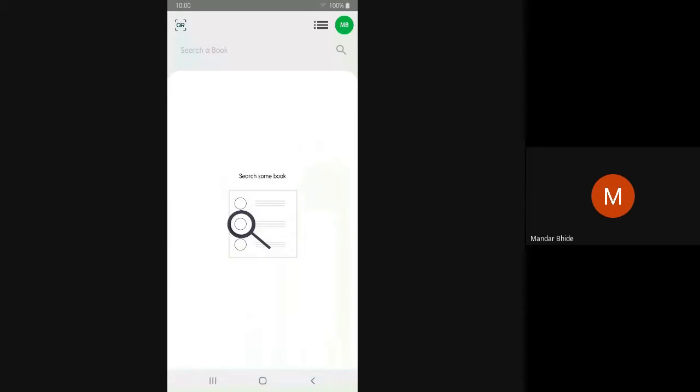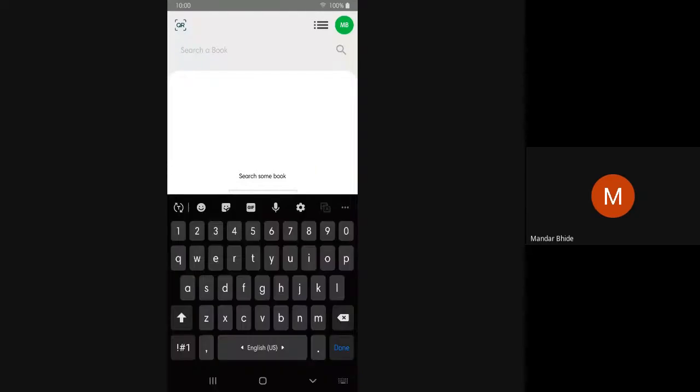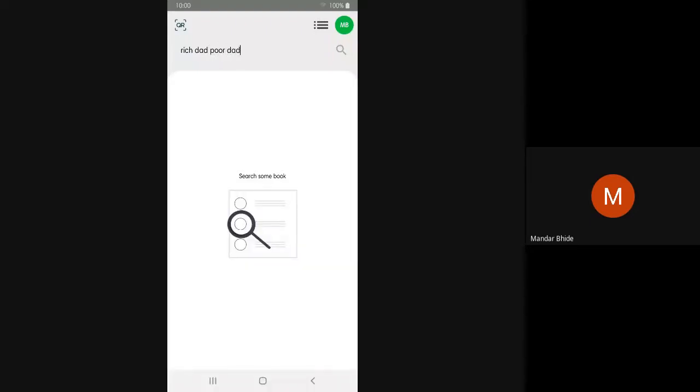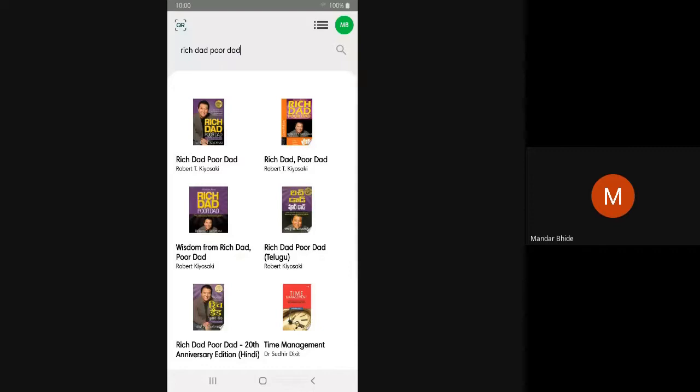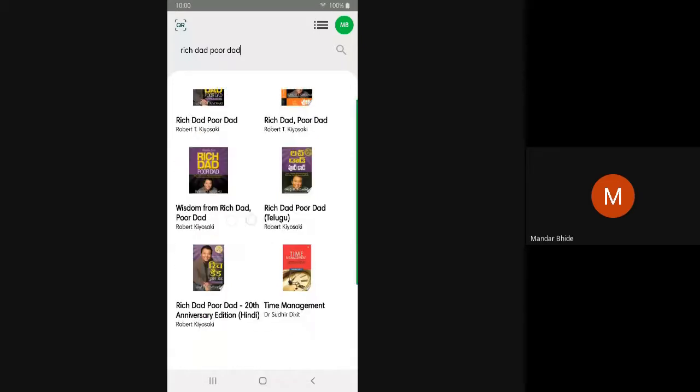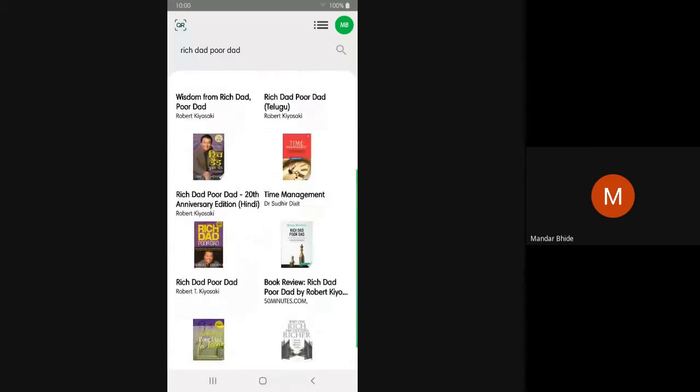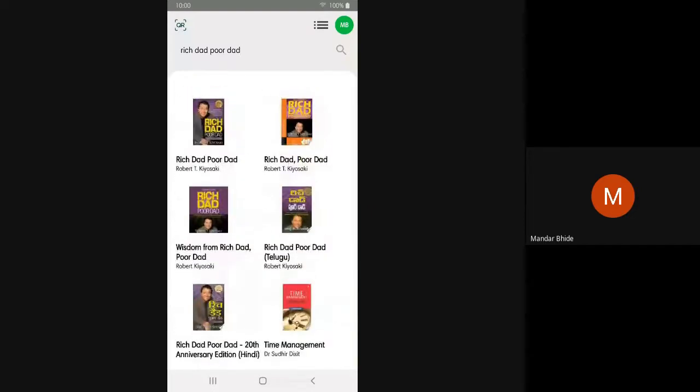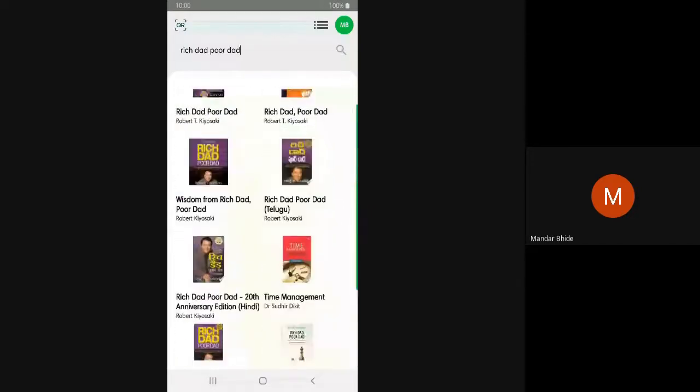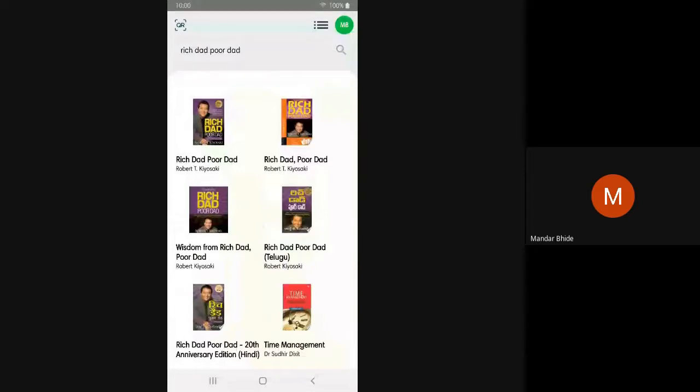So in here we can search a book. The edit text has been activated as shown before. Suppose we search some book over here. Rich Dad, Poor Dad. So when we completed the editing using done, the API call was made and a list view has been generated on the screen. And there are exactly 10 results over here because we explicitly mentioned so.